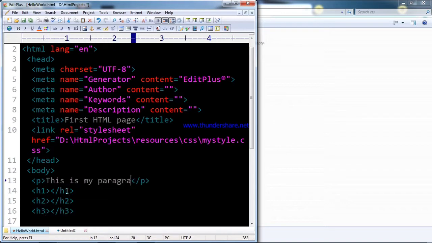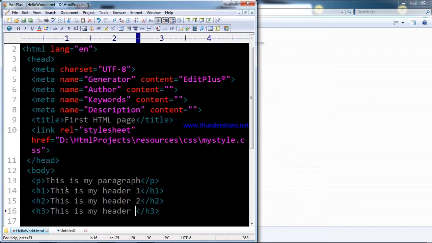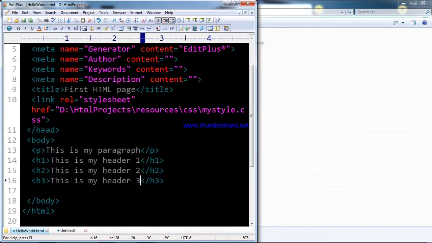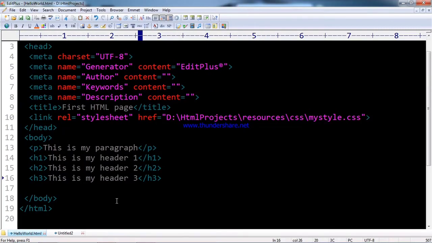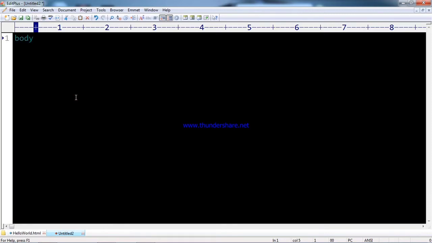I have created some tags in this body tag, and for those elements, I have created some styles.